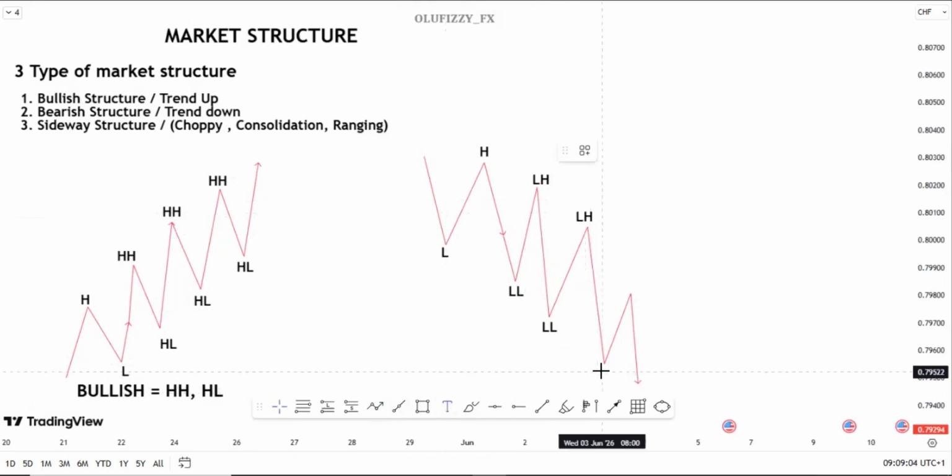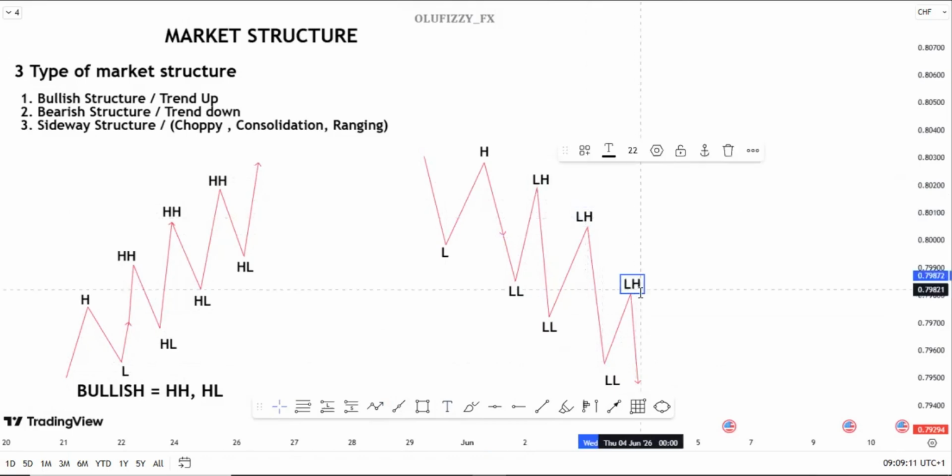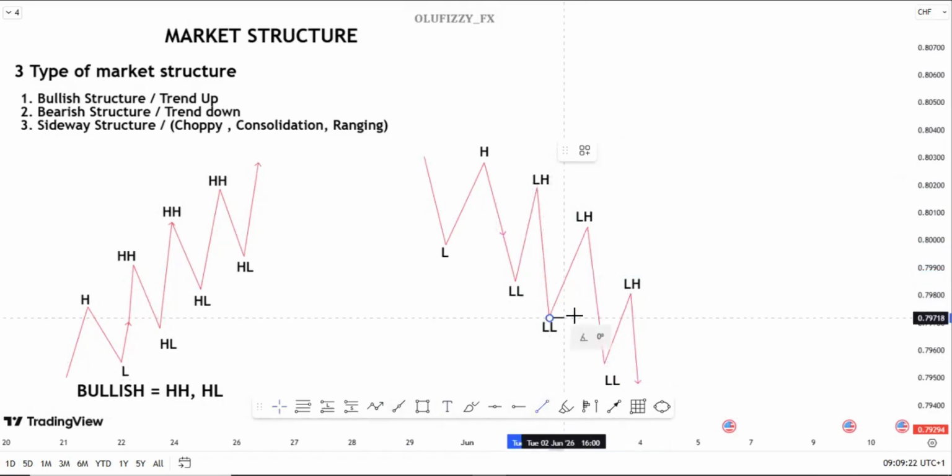We have a lower low, then we have a lower high. So anytime you see price creating, breaking lows like this, it's breaking lows like this, that is a